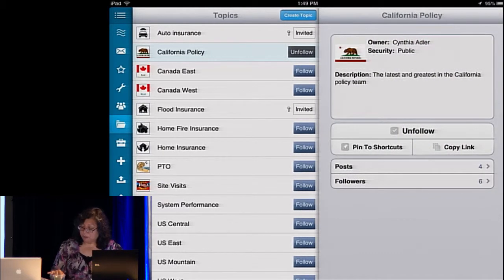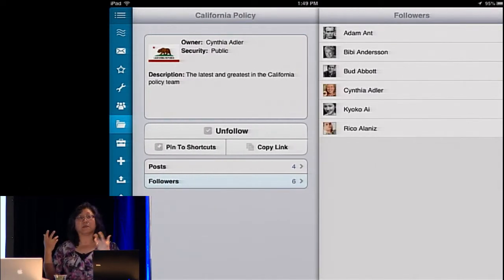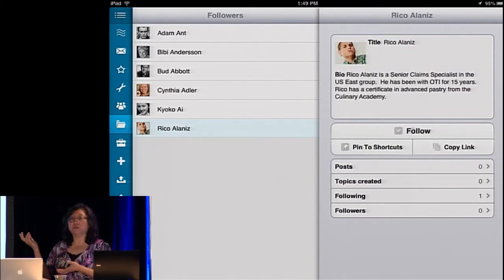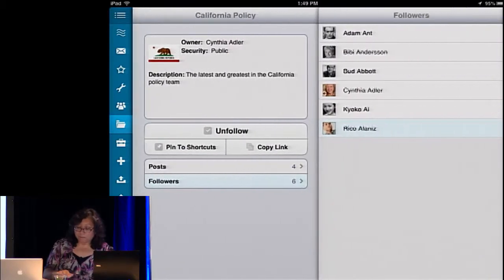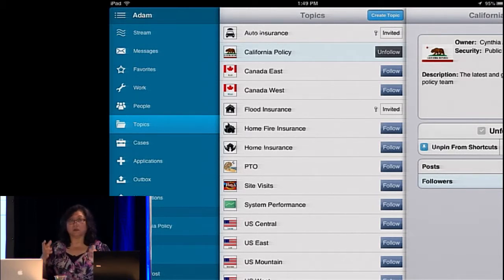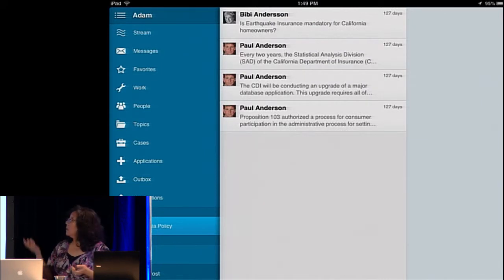California policy, yeah. So I could also decide, take a look at this again and see who else is following it, because again, maybe these are people that I know, who maybe I respect, I want to find out who these people are who are following it. So again, more discovery, more understanding about the kind of information that's being pushed at me. So in this case, I'm also going to decide that I want to pin this to my shortcuts. So rather than just having this available as something that will be coming into my stream where, again, there's a lot of noise, I can create a shortcut for it so I can get to it very quickly. So here I've got another way of being able to get to that information.